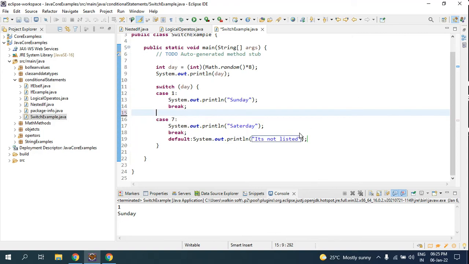So what I'll do here is, whenever I get a case from 2, 3, 4, 5, which is Monday, Tuesday, Wednesday, Thursday, Friday, these days are weekdays. So I'll make it here as a week. No, I'll make this. I'm waiting for the weekend. I'll give a statement as I'm waiting for the weekend. Waiting for weekends.